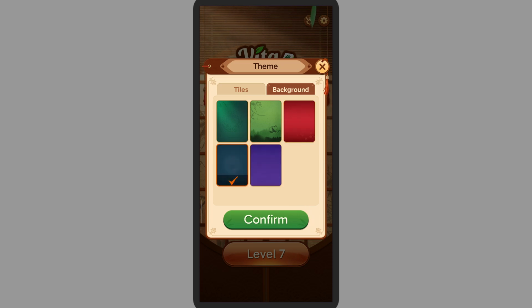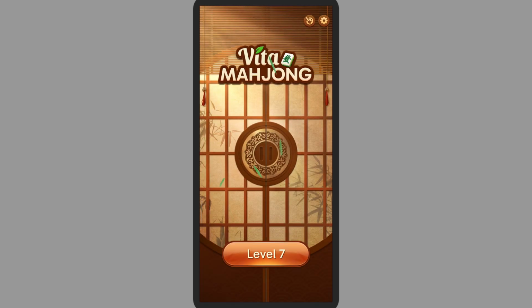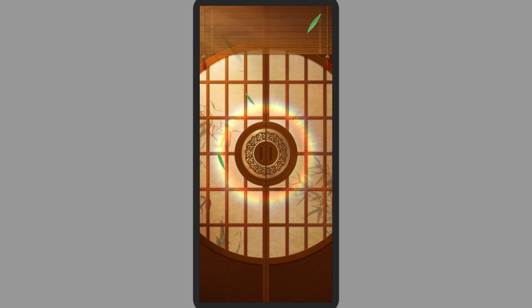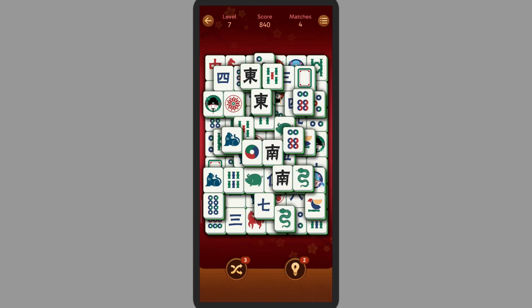Now you can simply tap on the one that you want to change into, and here on the bottom tap on confirm. So it will take some time. Now if you enter the level, as you can see, the whole background is completely changed to what you just fixed. So it's up to the user preference and the color they want to play into,